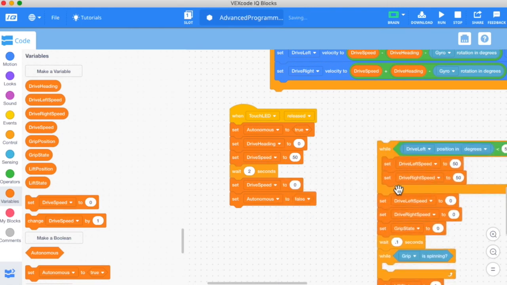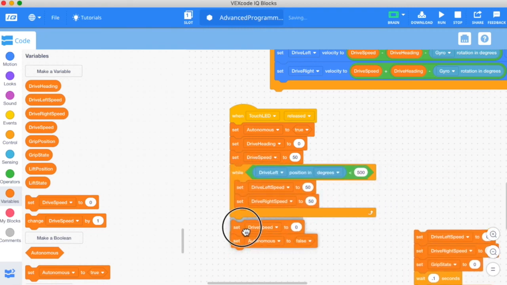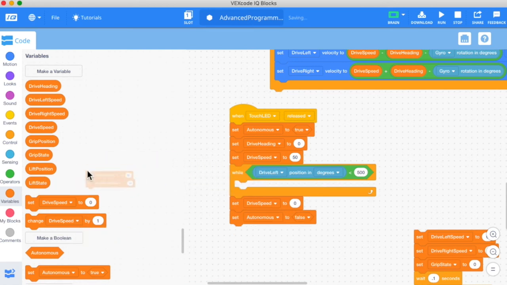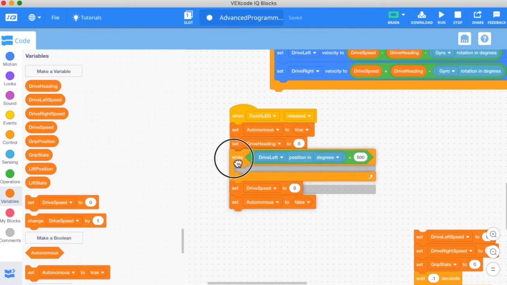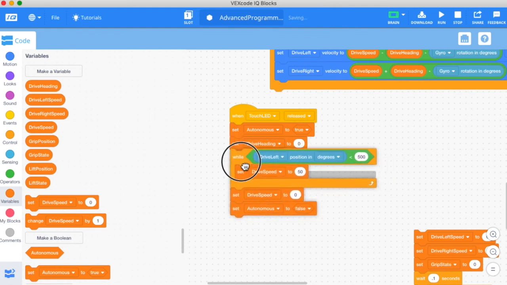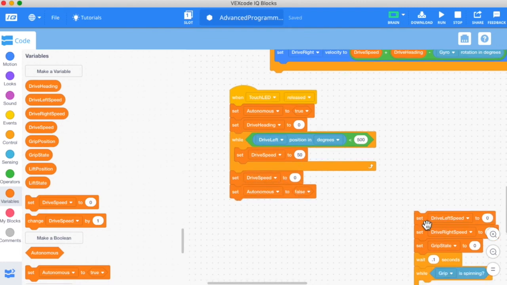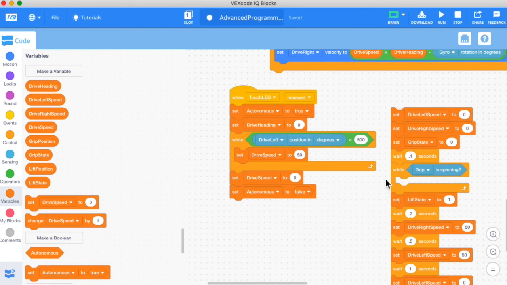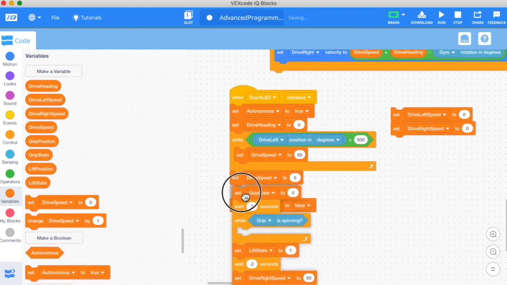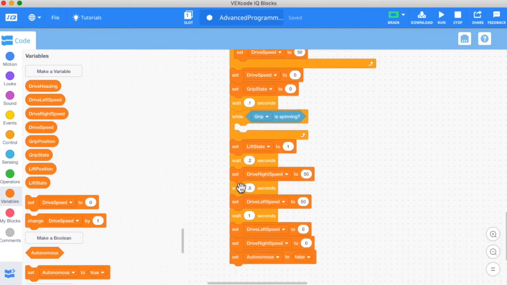Instead of this waiting for 2 seconds, we'll go ahead and do this while, so that we've got a distance controlled here. So while the distance is here, we'll do the drive speed is equal to 50 inside of that, and then it stops at 0, just like we were doing later. Let's go ahead and set the grip state to be 1 and lift state to be 1, and then we will set our